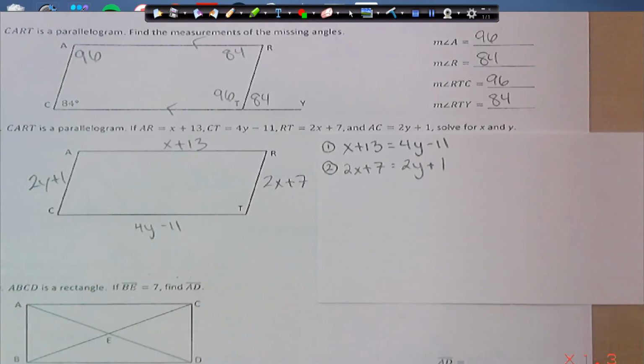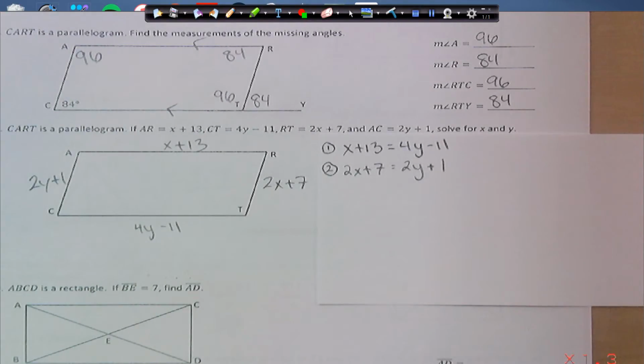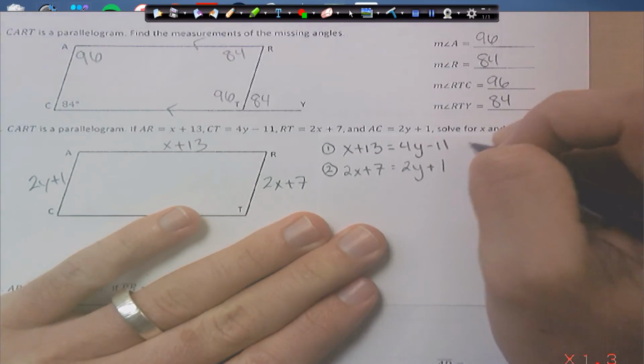Okay, so these two equations we can't solve by themselves, but together we can. And if I, in fact, change this equation, number 1,